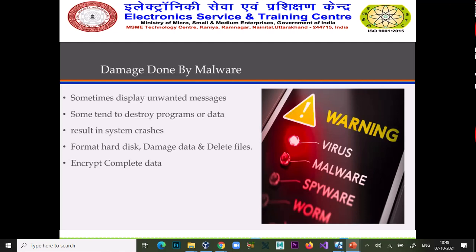As we have discussed in the case of ransomware, ransomware completely encrypts your data so that you can't access it, and for decryption, a hacker demands ransom money. So these are the damages done by any